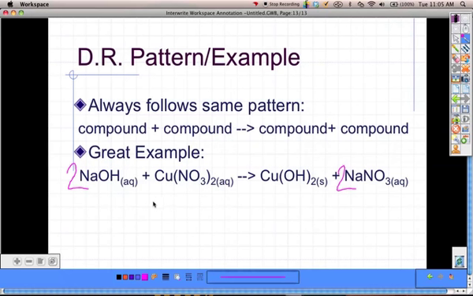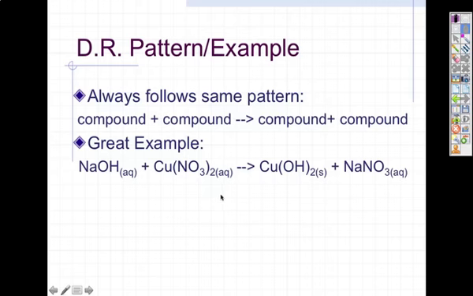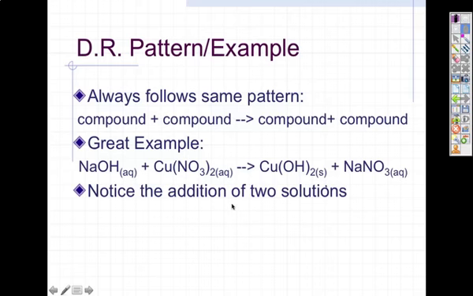Were we able to treat the polyatomics as groups, or did we have to split them up? Yeah, we got to treat them as groups. I had OH on both sides, and I had NO3 on both sides, so I could treat them as groups to make life much easier. Okay. So notice that we produced that precipitate, even though I had 2 aqueous